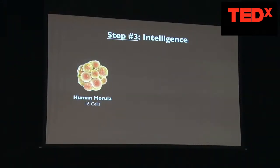The third is the emergence of technology, of intelligence. So this is a morula at the early stages of a human embryo. 16 cells that grows in